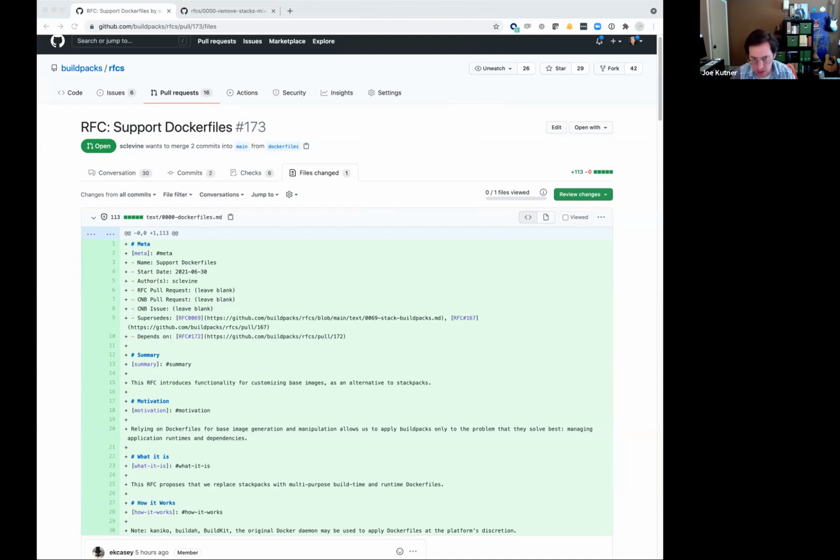In the earlier RFC, I'd asked what if we supplemented this with the original root build pack idea, where bin build just runs as root and there's nothing else to go with it. I'm pulling back from that because I think the challenge is the perception about what kind of guarantees you have. If you have a bin build like that, you're implying that rebase works, and various things about layers. Maybe there's a day where we talk about that again, or still do stack packs or something like it. But right now this is the right direction.